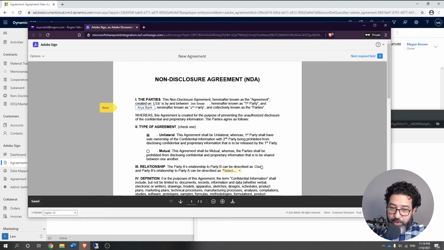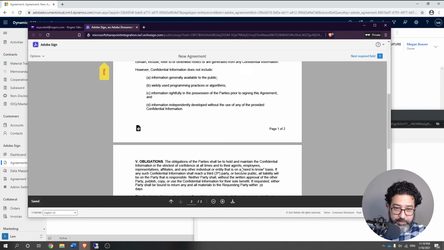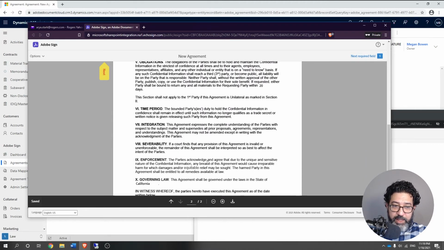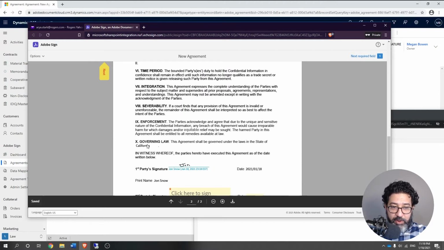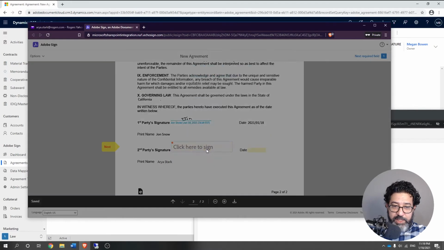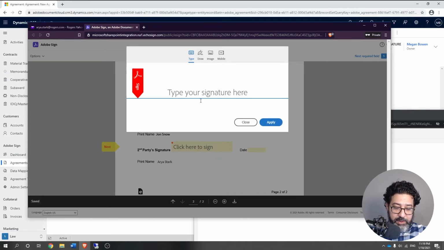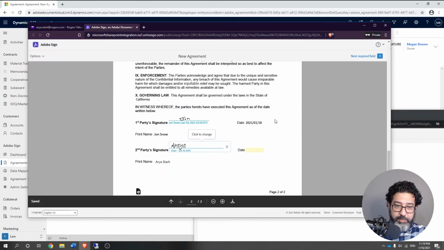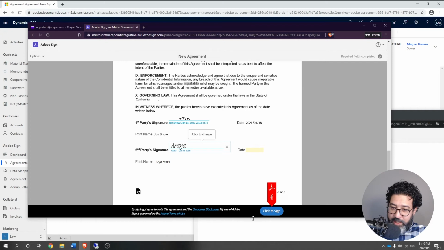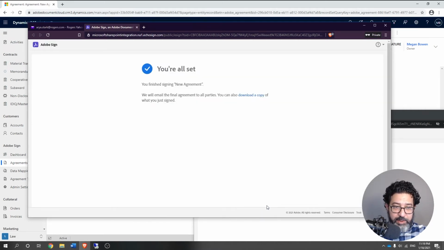She has no control of this information, and she can say she's a consultant. 20 days still there, and the governing law is California, and she can go and sign. And the date is not mandatory, so she will finalize and sign.